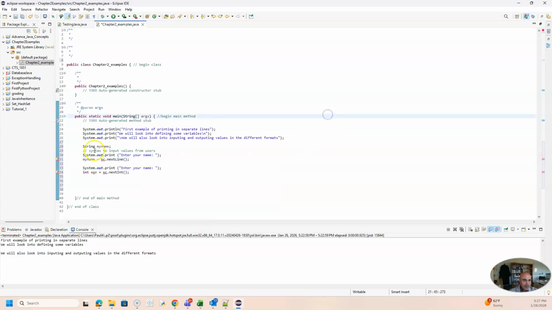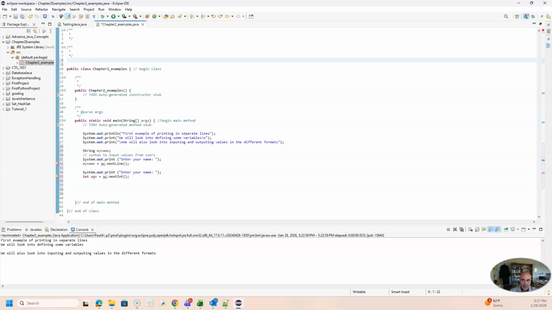So if I come in here, it says multiple markers, sc cannot be resolved, because I have not defined the object sc over here. The way I can do this is I can come in and say import java.util.Scanner,